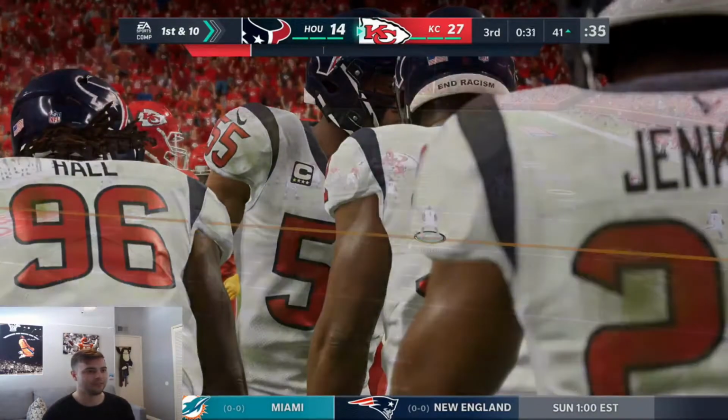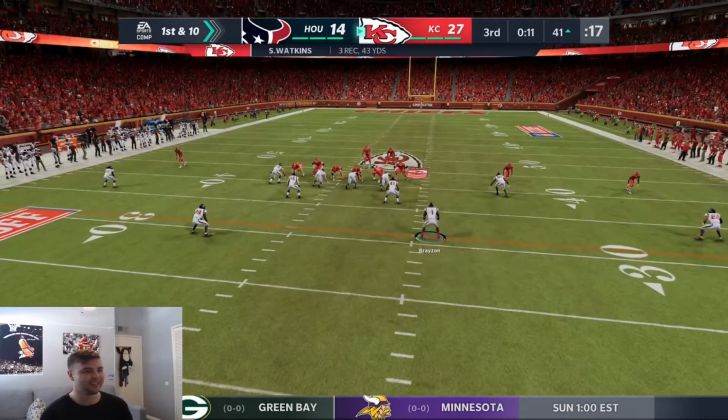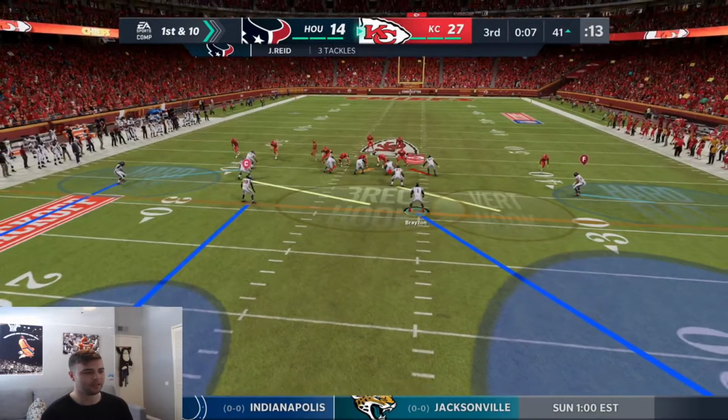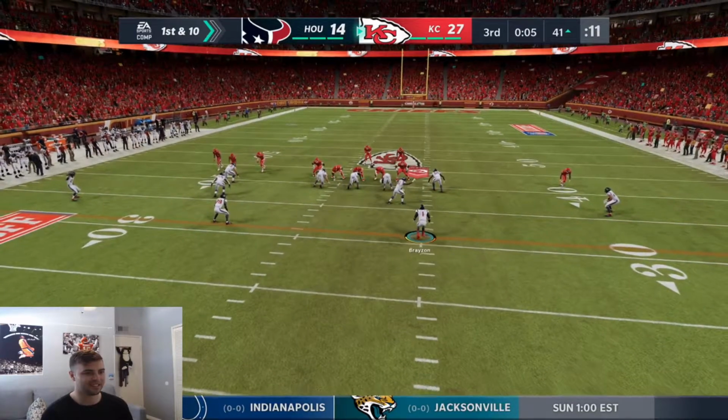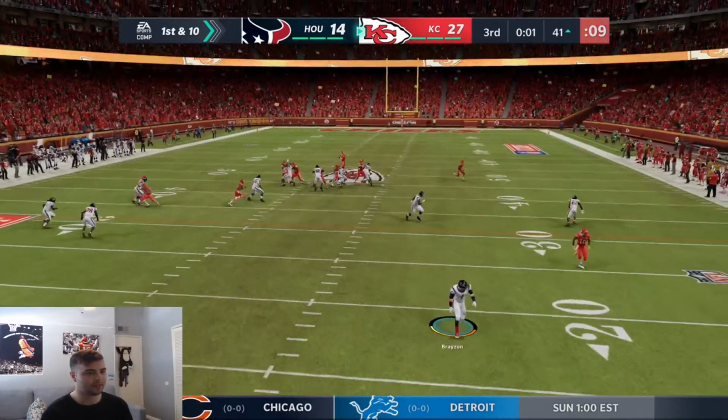We're still down 13. So if we go down 16, it's only a 2-possession game still. We're still in it, but we definitely can't give up a touchdown. Okay, so they're audibling right here, which is probably not good for us. That probably means they're going to audible to something that's going to beat us. And they're hot routing. So I'm going to run with Tyreek over here and just hope that...